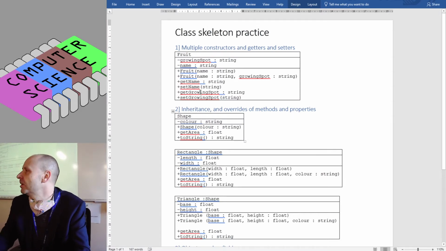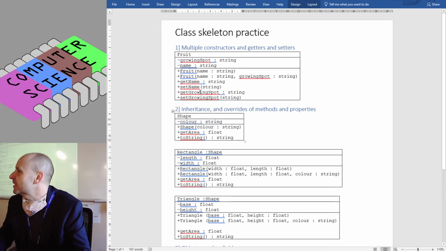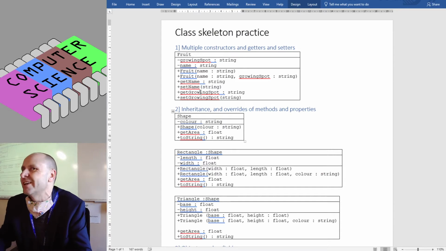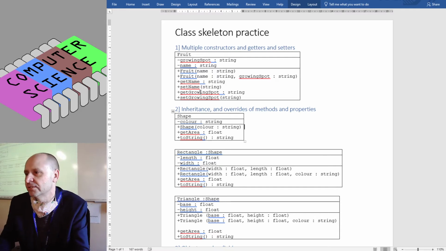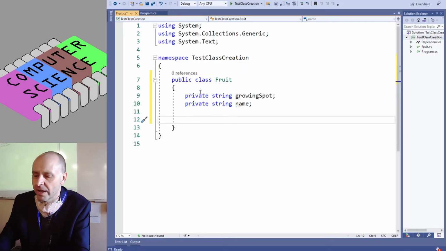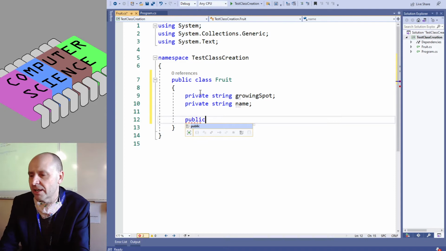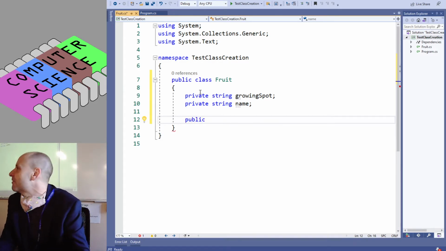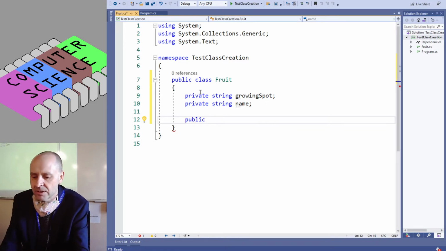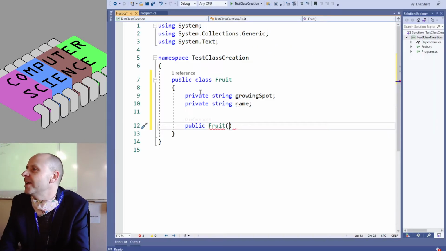Right, now I've got a constructor. Remember, you can see the constructor because it's the same name as the class. Right, I've got two, but I'm just going to do the first one first. Okay, so constructors are always public. They do not have a return type because they return an object reference, so they don't need it. So I just put fruit and, oh god, go back, name string. So I'm providing the name, and